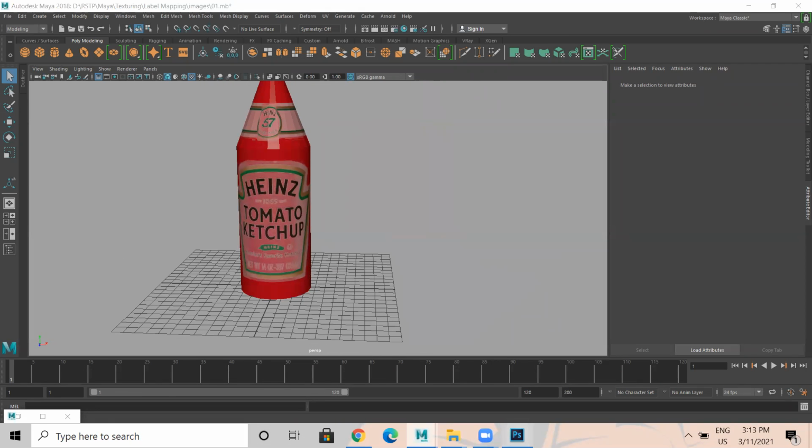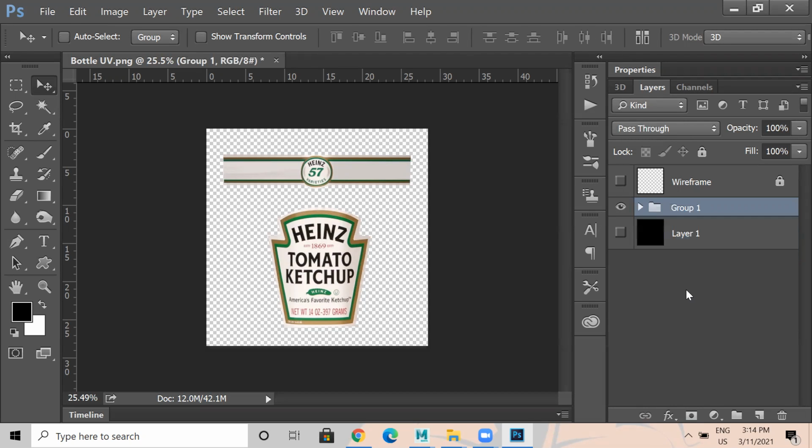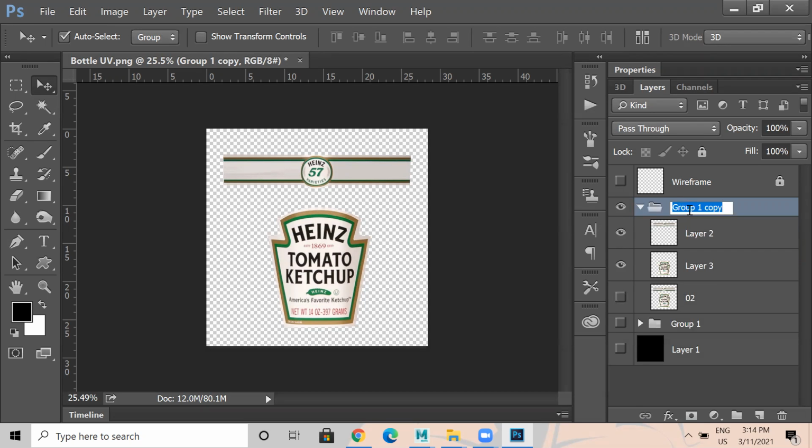Then what I'll do in Photoshop, I need to create another channel. Channel in the sense of an alpha channel, especially for transparency map. I have to create a transparency map. So what I'll do is, I select this, I group this, I duplicate another group. So this is for transparency.